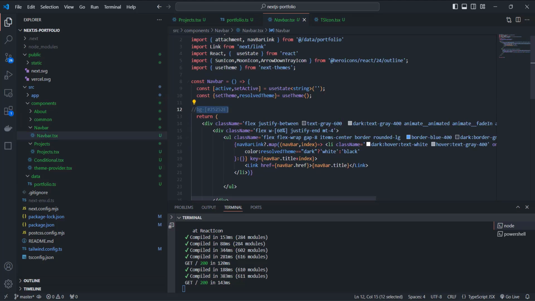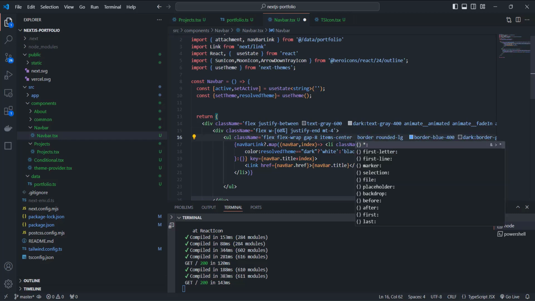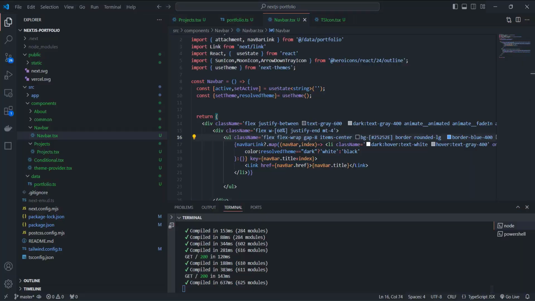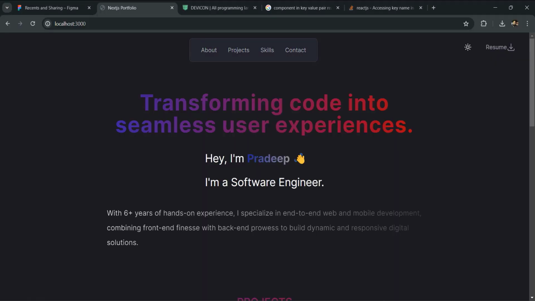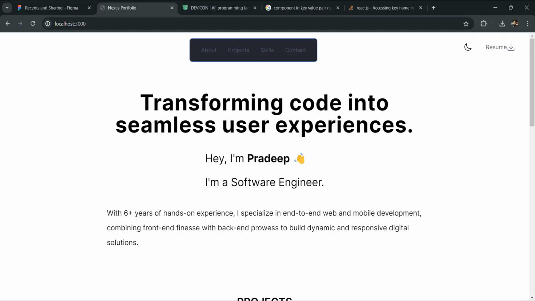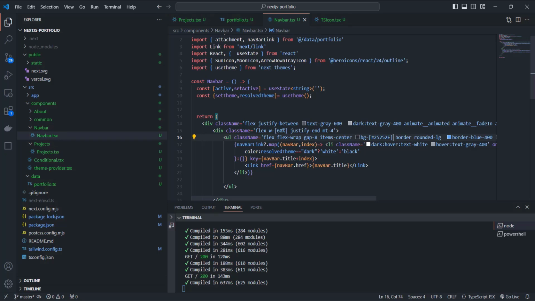I'll put this in the background here. So if it is a dark theme,